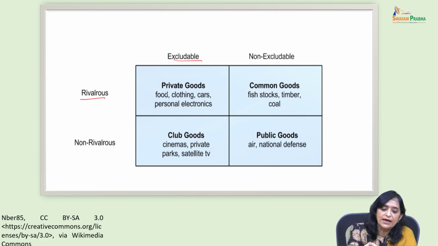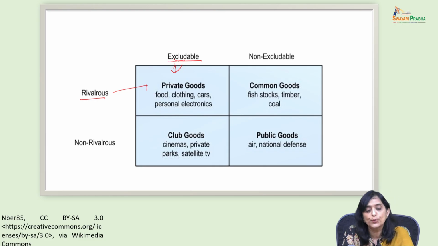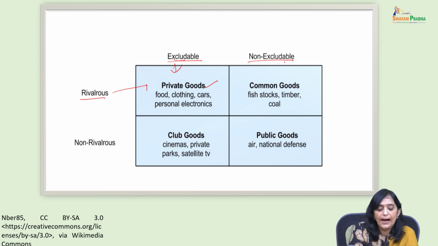If a good is rivalrous and it is excludable, that is, I am able to exclude the people who are not going to pay for it from consuming it, and the consumption of some reduces the availability of these goods for the others, making it rival. So, if a good is both excludable and rival, we call these goods private goods. But in case the good is not excludable and it is non-rival, the good will be called a public good.